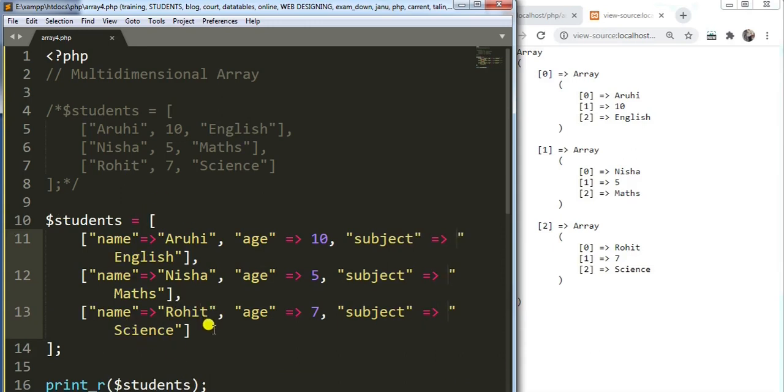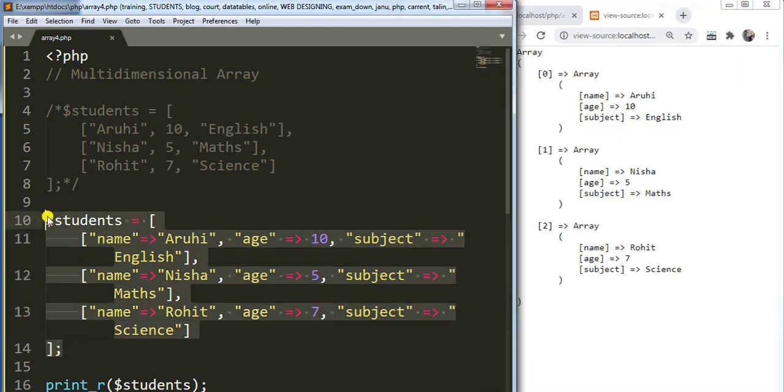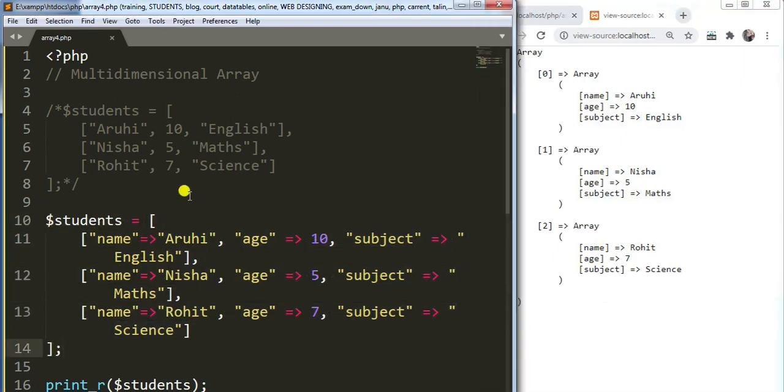Now all the arrays have become associative array. Let's move to the browser. You can see names here, right? Name, age and subject for all students. So this is how you store the data of multiple students with detailed information using associative array. So here you have used index array and here you have used associative array with more details.